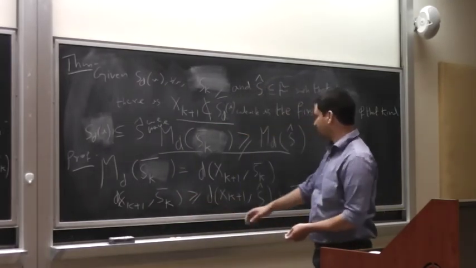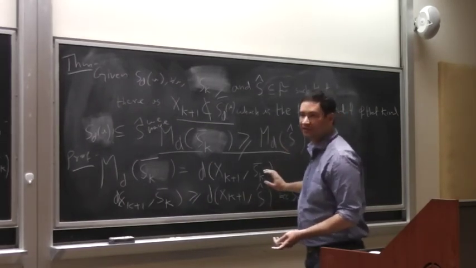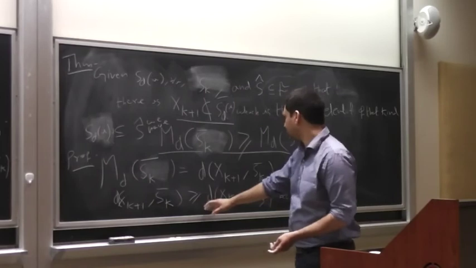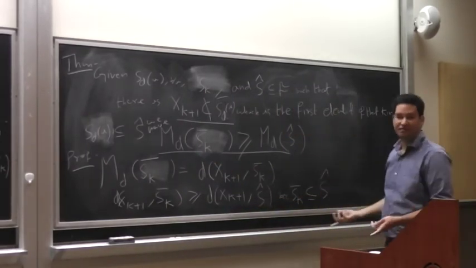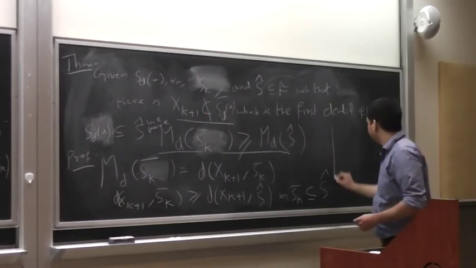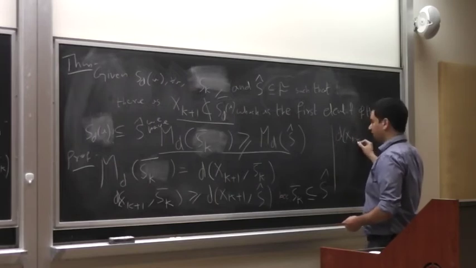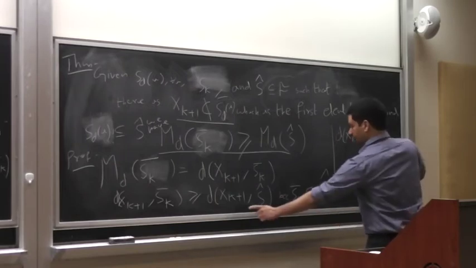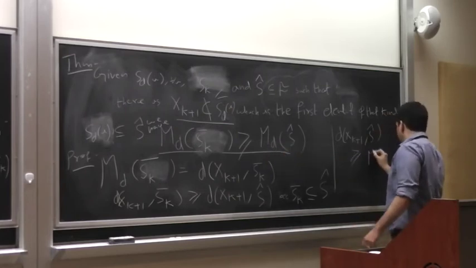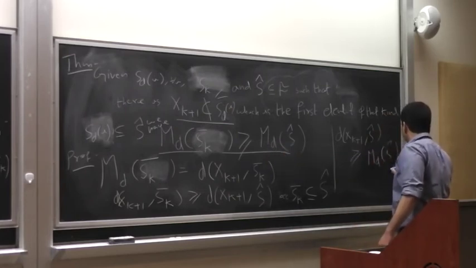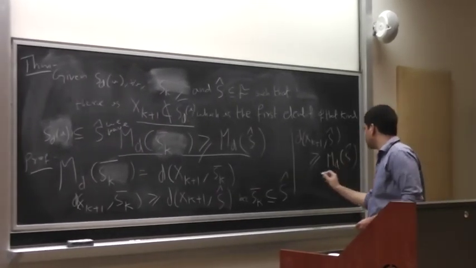Now all we need to do is be able to say that this guy is greater than or equal to this guy, and that proves it. Because we started with here, and then we got this bound. This is greater than this, and we go from this greater than this. And this is again by definition, because, let me write it down. Purely by definition, you have d of x_{k+1}, S hat is greater than or equal to m_d of S hat. Why is it? How do you define m_d of S hat? We define this as